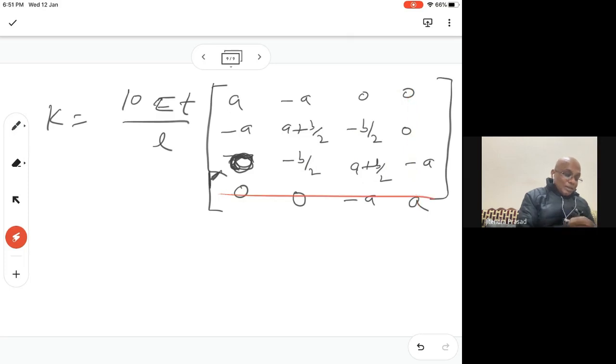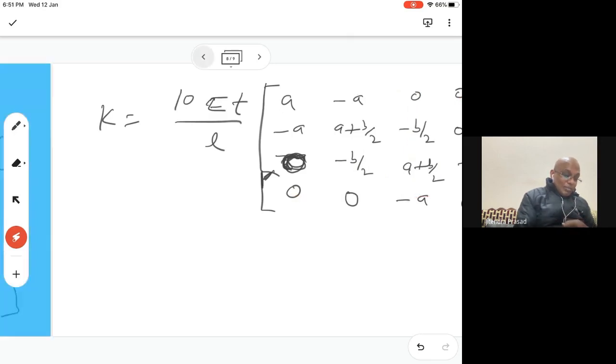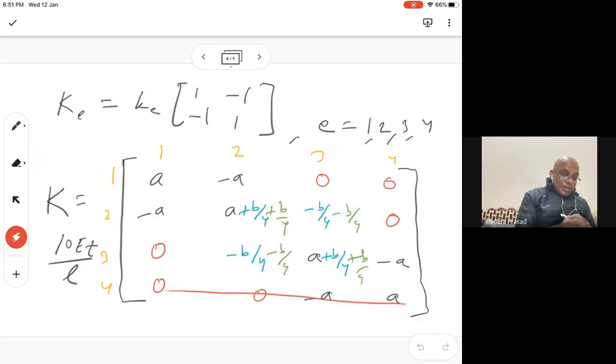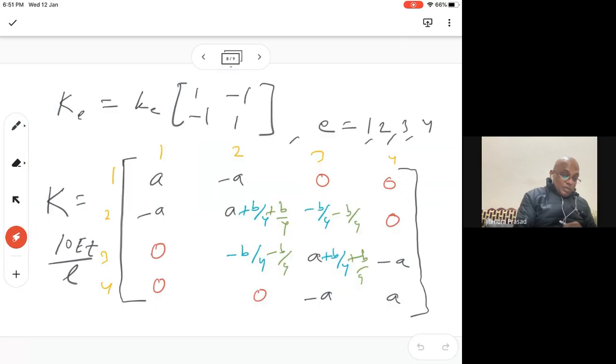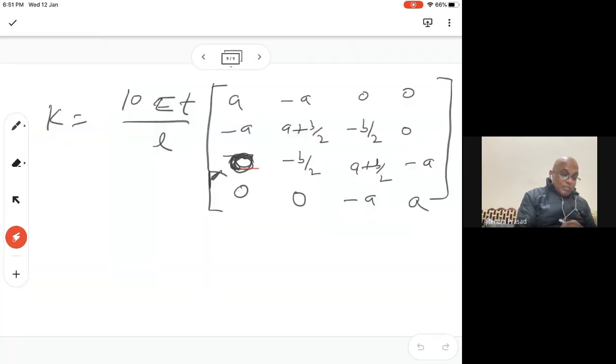This way also you can check. We can just write 0, 0, minus A, A, 0, 0, minus A, A, and then you have 0, minus B over 2, A plus B over 2, minus A. So similarly, we have 0, minus B over 2, A plus B over 2, minus A. So this is what the K is, right? So once you get that, then what problem do you have to solve? You have to find out the force. So you know that K U equals F,